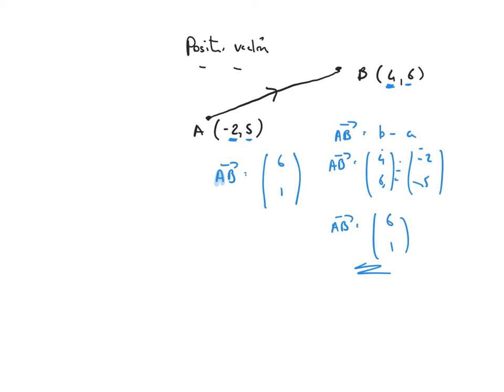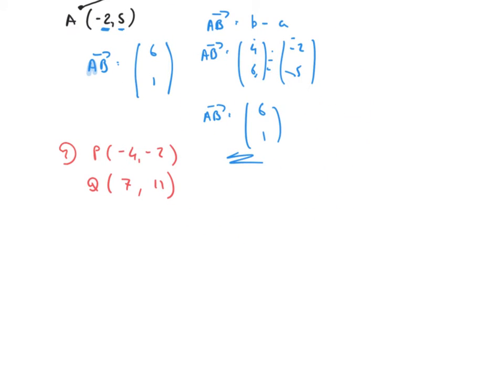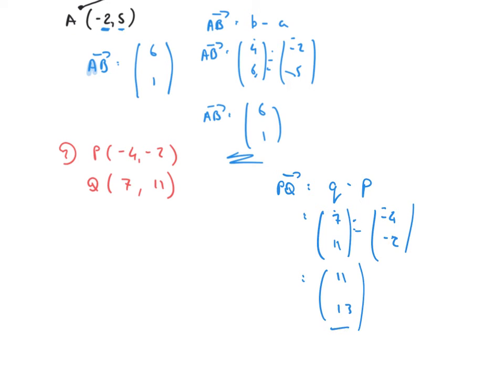Let's say that we had an example 2, and we had a point P which was -4, -2, and a point Q which was 7, 11. Okay, so we're going to find the vector PQ. Okay, so the vector PQ, the position vector PQ, will be given by Q minus P. Okay, so the vector Q then is 7, 11 minus the vector P, which is -4, -2. 7 minus -4, 7 plus 4, that's 11, and 11 minus -2 is 13,